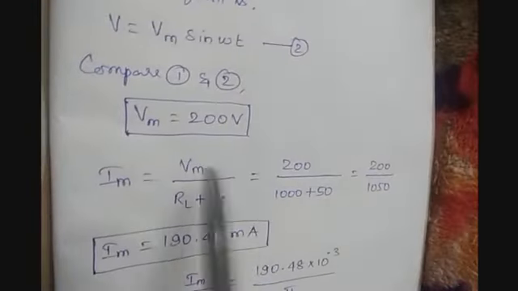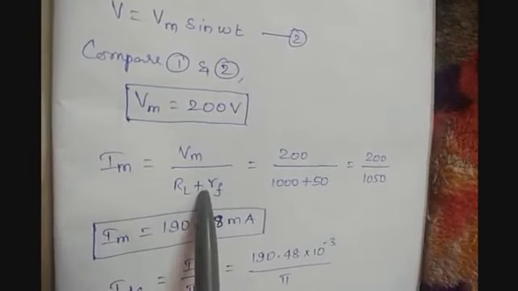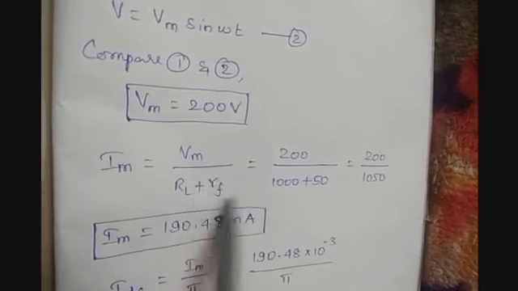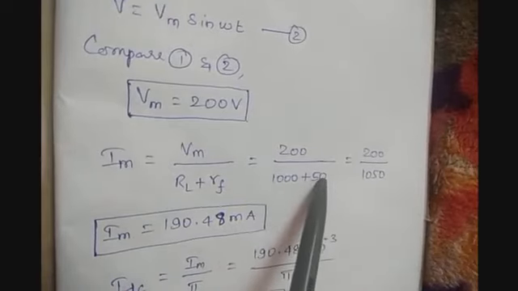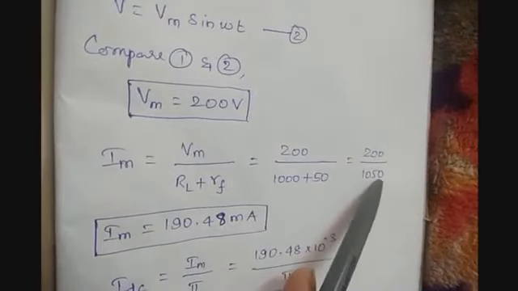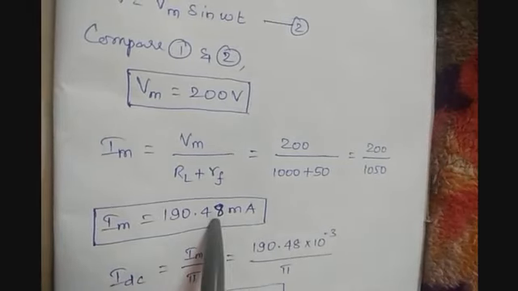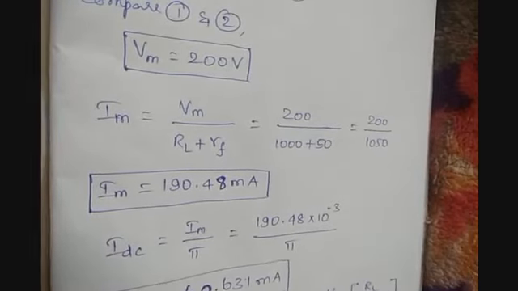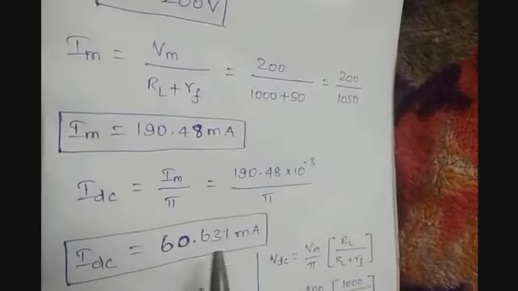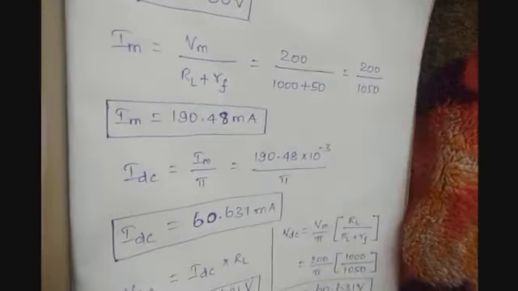So if you know VM, you can easily calculate IM. VM divided by RL plus RF, because RF is given in the question, that's why I am taking RF here. If not given, you have to take only RL. 200 divided by 1000 plus 50, so 200 by 1050, simplify this. So we got IM equal to 190.48 milliamps. Now we can calculate IDC value, IDC equal to IM by pi. And simplify this, we got IDC equal to